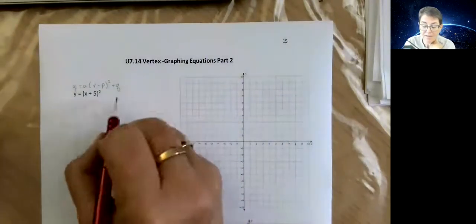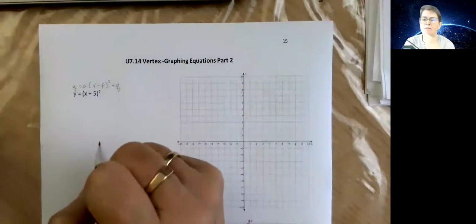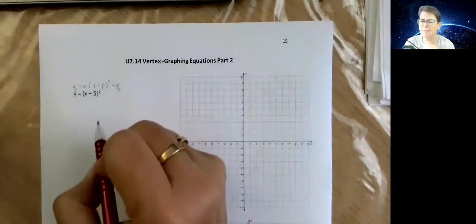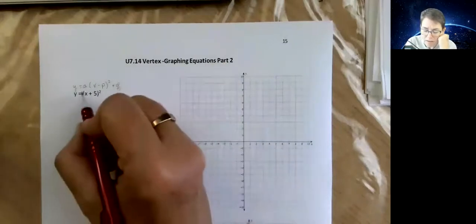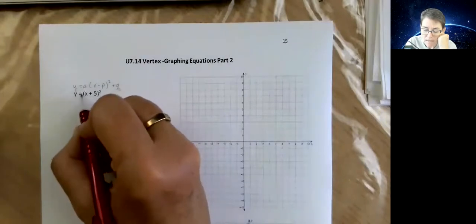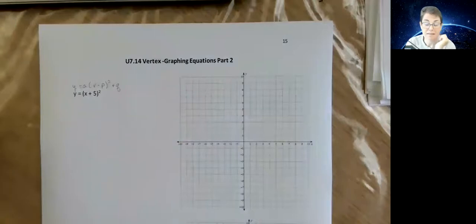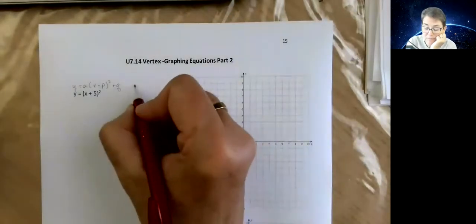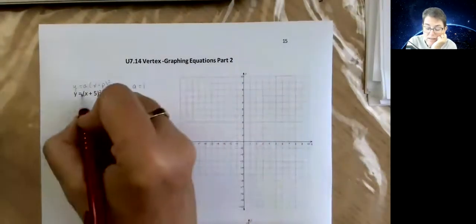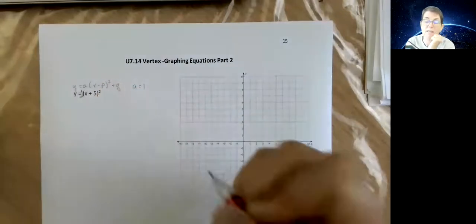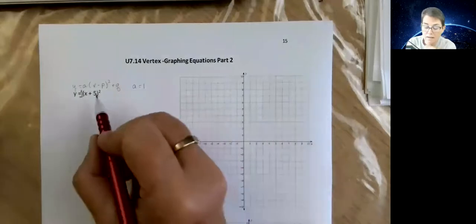So this one's a little bit crazy looking because it's so simple, but when you go to look at it, it's like, stuff's missing. So A is missing. So what is the understood number that's sitting there? Excellent. If A is missing, A is equal to 1 because there's an understood 1 sitting there. Now our P,